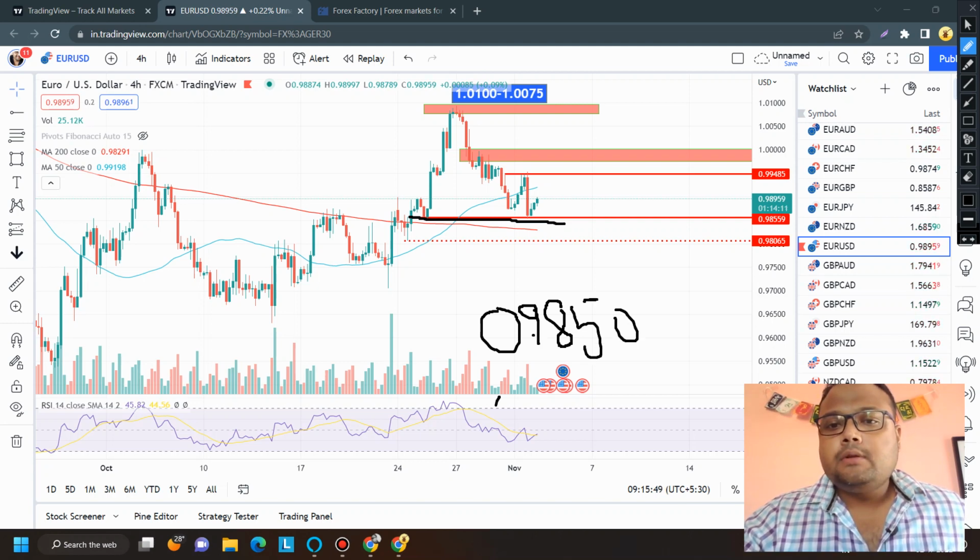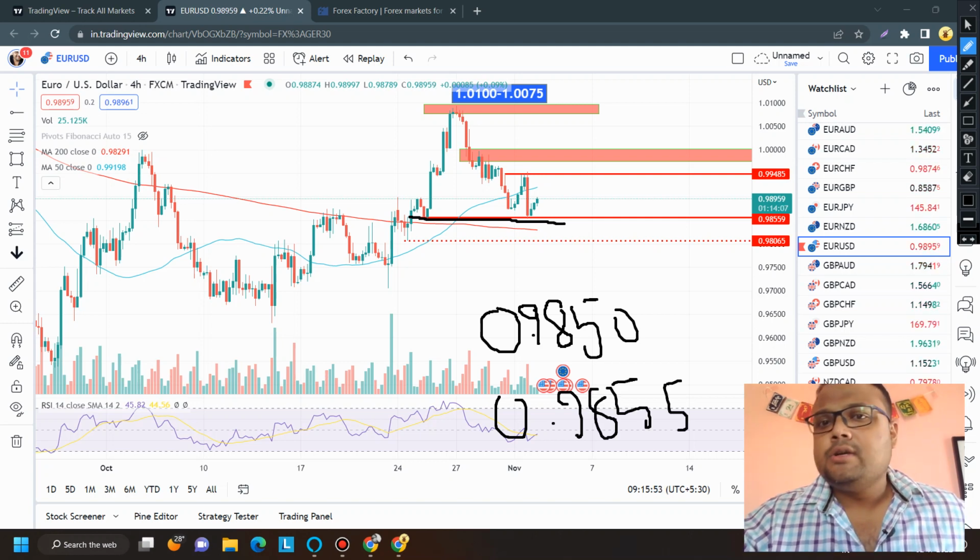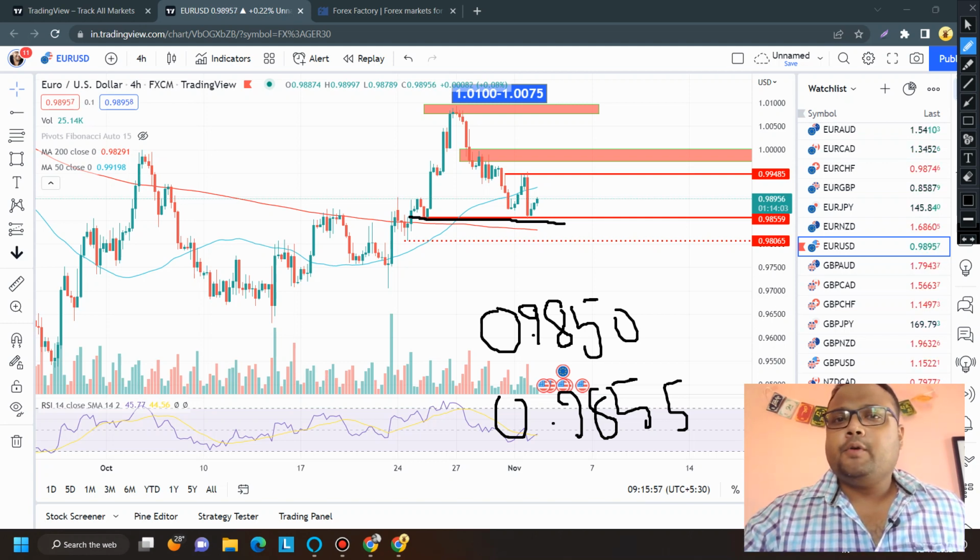0.9850 to 0.9855. In our previous videos we have already talked about this level. So this is a support zone in the market. But keep in mind this support zone